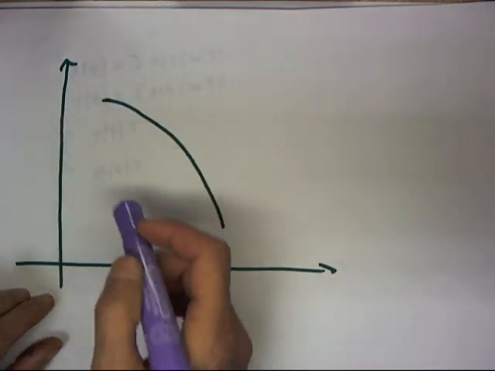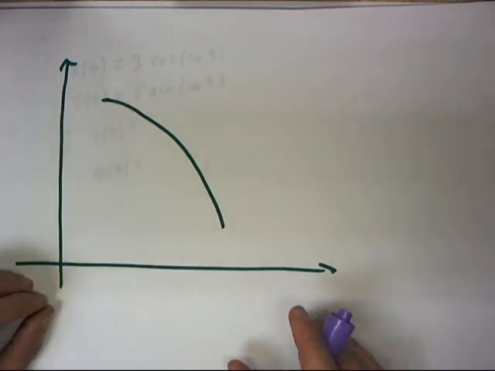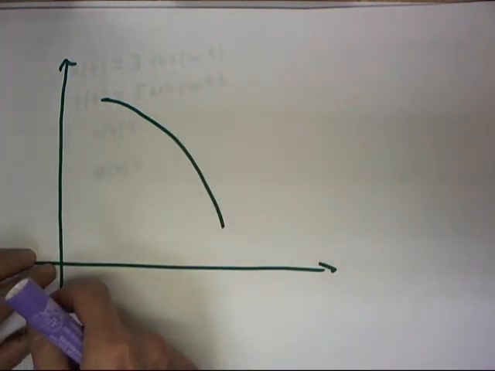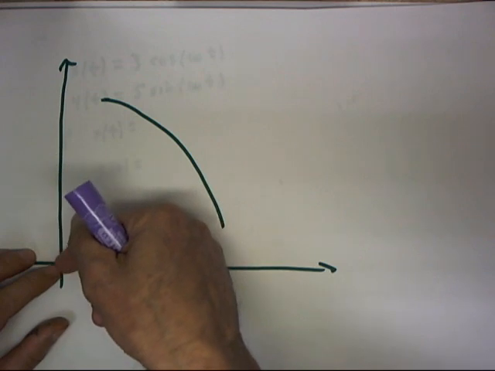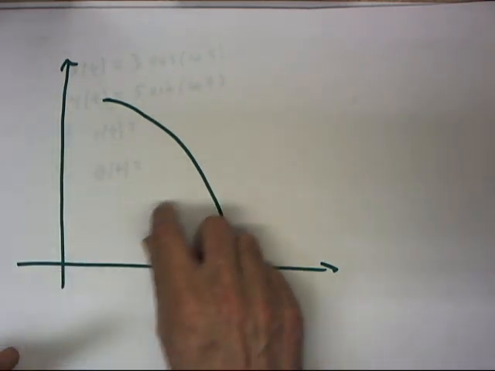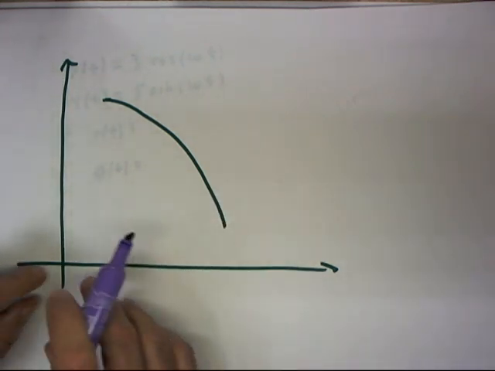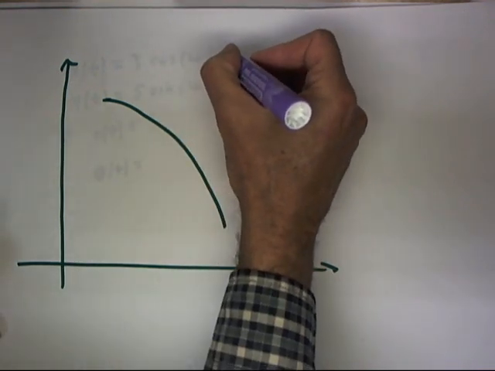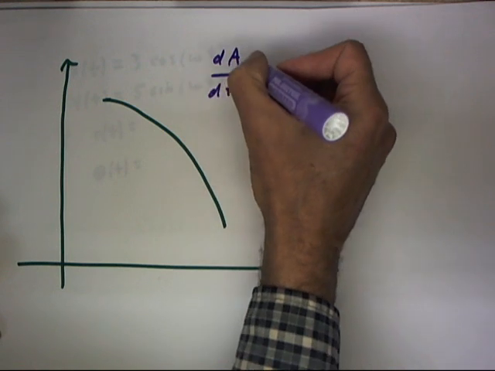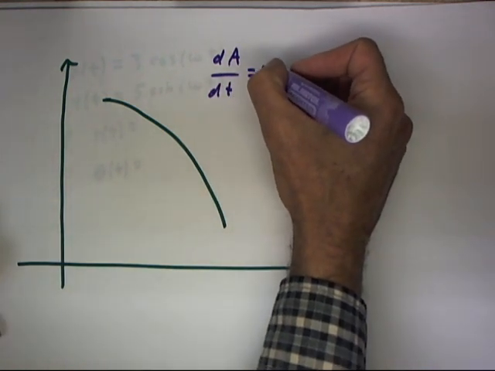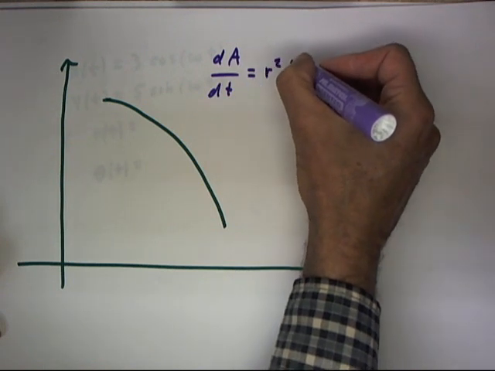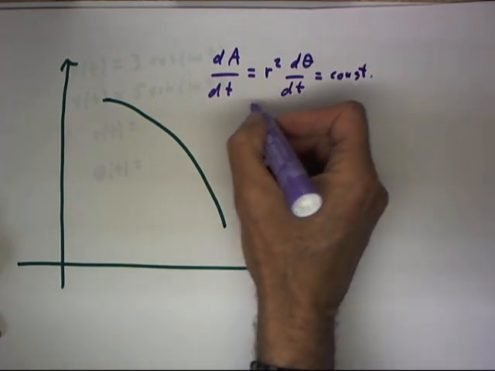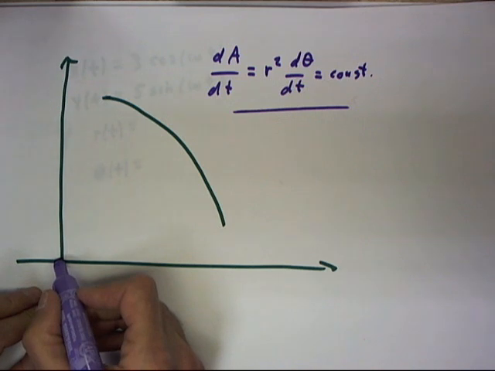If this represents the path of an object moving under the influence of an inverse square force that's radial in nature, meaning that the force is radially directed back toward the origin at every point and inversely proportional to the square of the distance of the point from the origin, then we've seen that the quantity dA/dt is constant, and that's r squared dθ/dt, and that is constant,